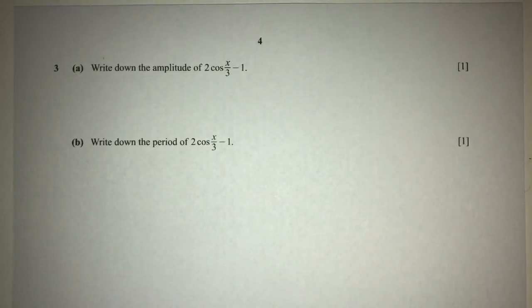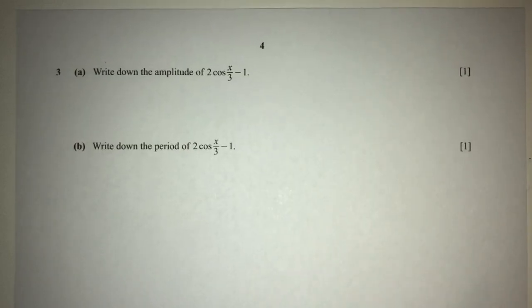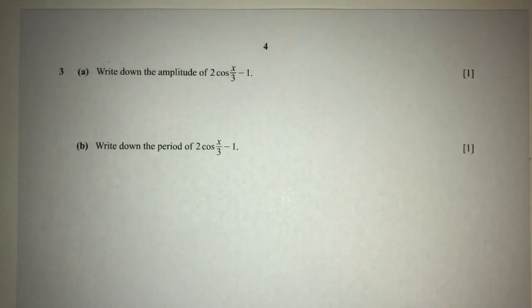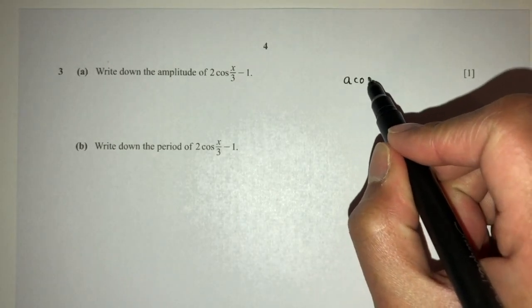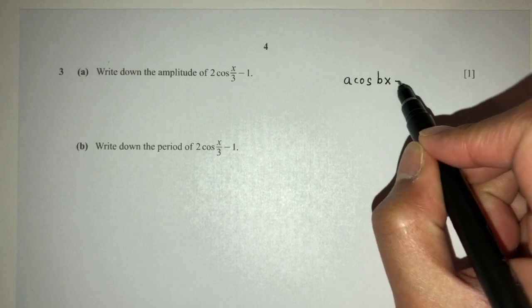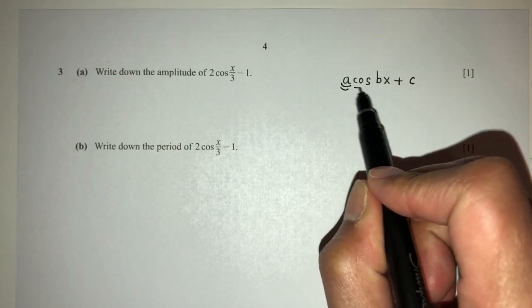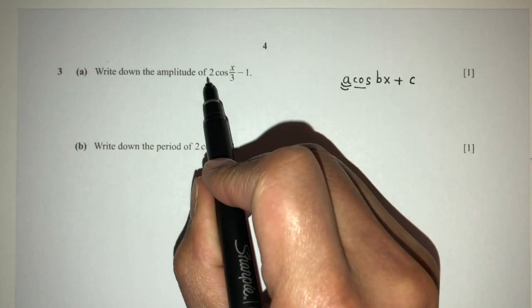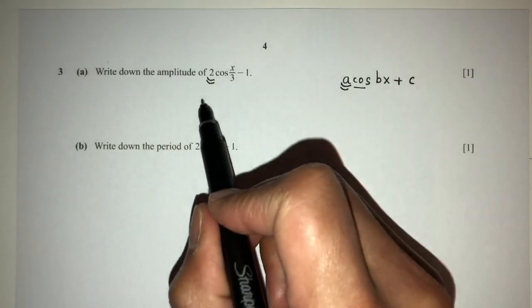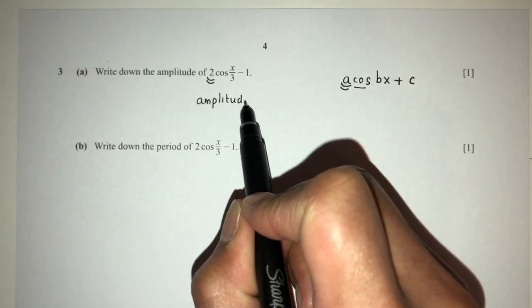Okay, so now question number 3. Write down the amplitude of 2 cos x over 3 minus 1. Something we have to know here is that whenever you have a cos curve, a cos bx plus c, the value in front of your cos or sine is your amplitude. So here we can see, this is my amplitude. So the amplitude will be the value of